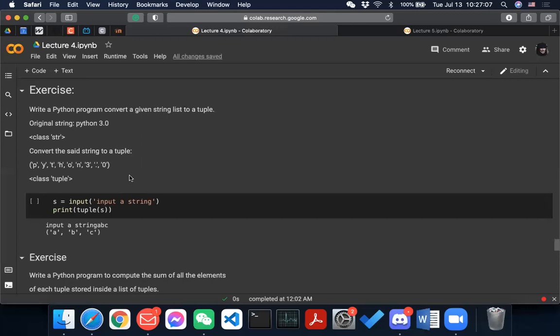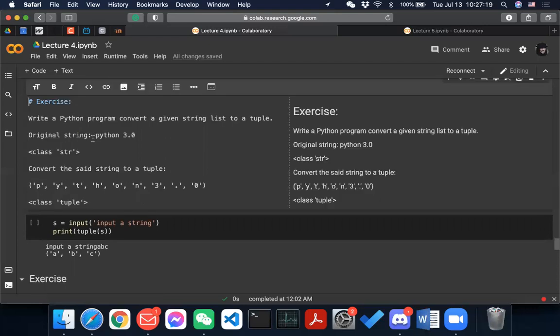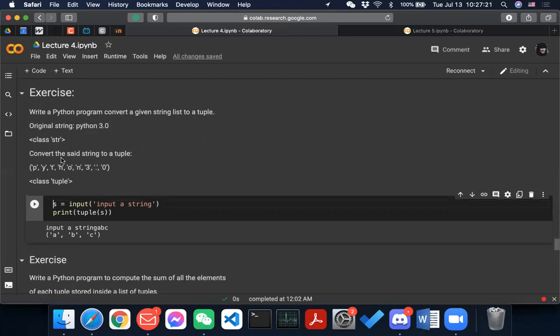Okay. So write a program to convert a given string list to a tuple, right? The original string is Python 3.0, and the class is string, and then convert it to a tuple. Interestingly, you can just use the tuple function.